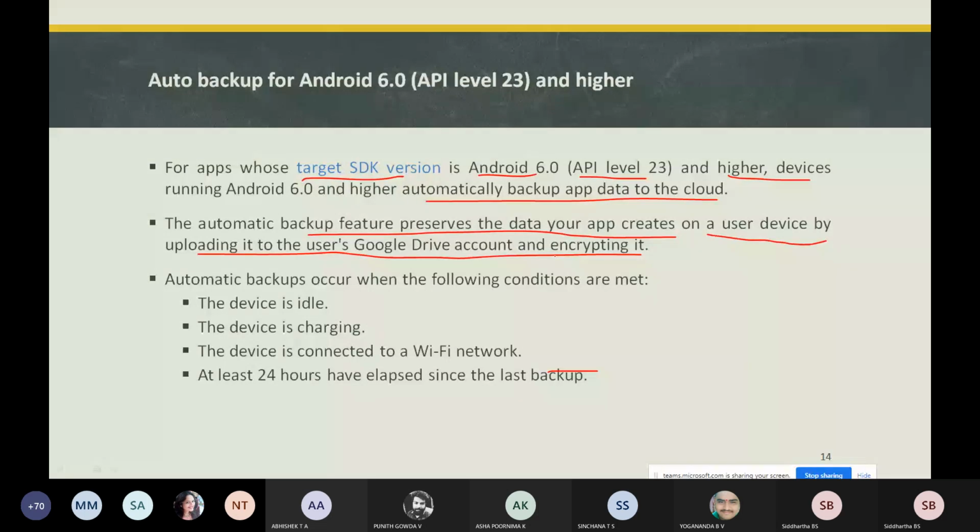The system is going to perform automatic backup of nearly all app data by default, without having to write any additional backup code. When a user installs an app on a new device, for example, whenever the user installs a new application on the Android device, or reinstalls the